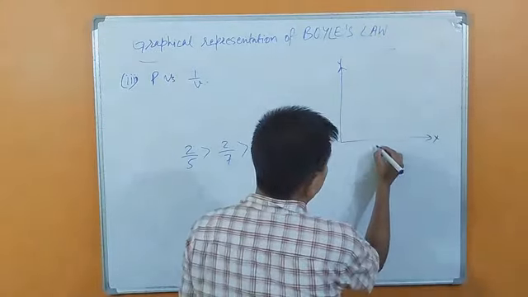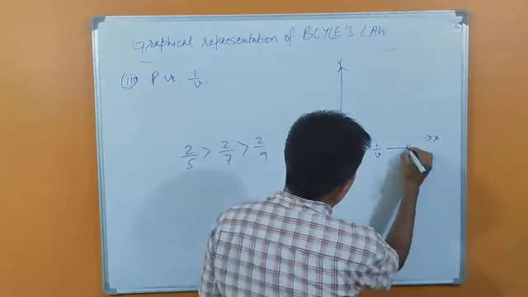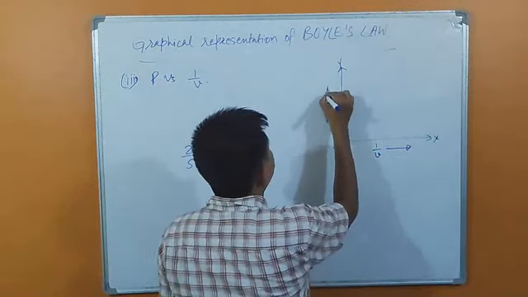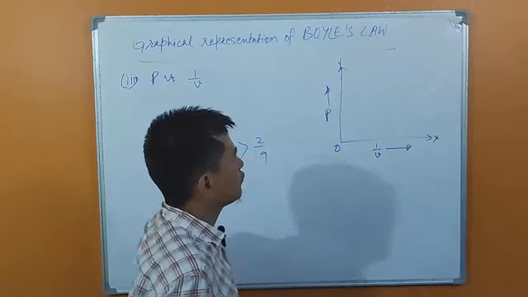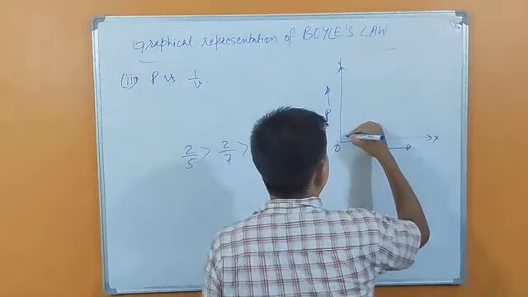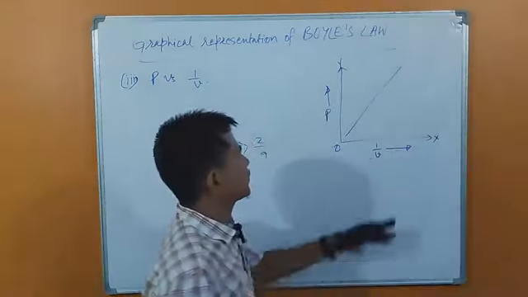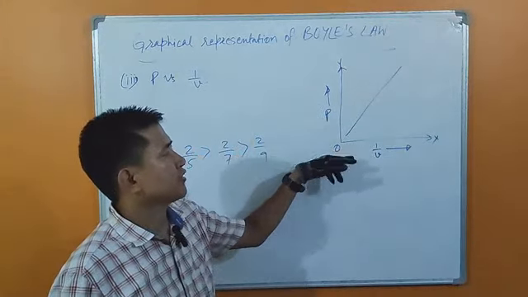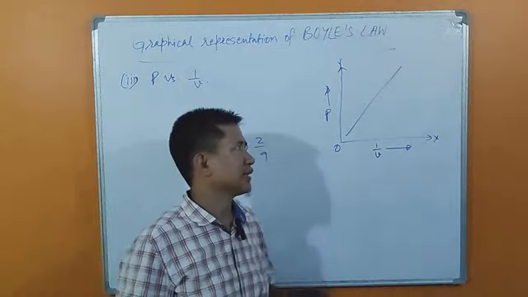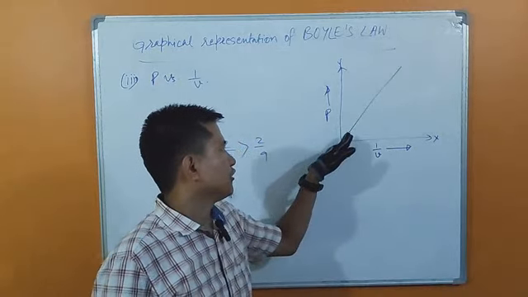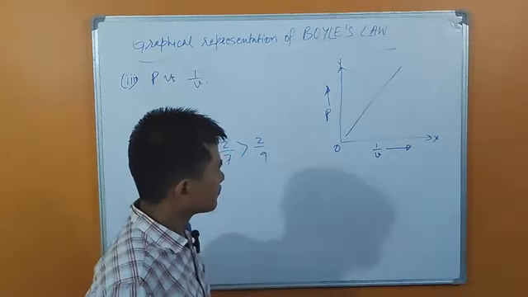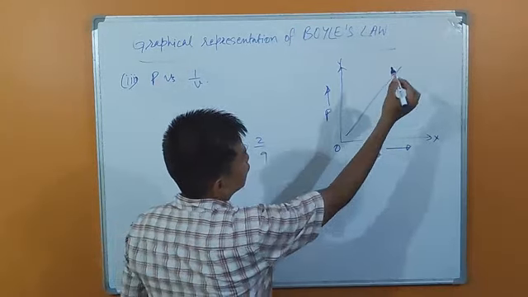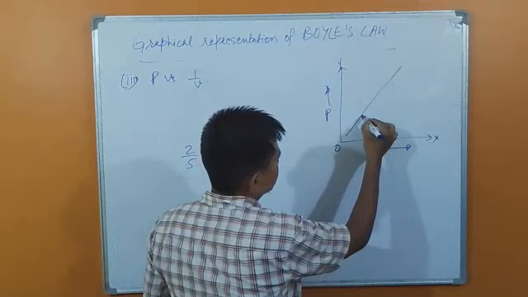Now, if I plot 1 upon V in x-axis and P in y-axis, how would the curve look like? The curve would look like this. Make sure this line also shouldn't touch this, because if it touches, it becomes pressure and volume 0, and pressure and volume of gas can never be 0, so the graph will start somewhere from here. Now, if we increase the pressure, 1 upon V also increases. See,